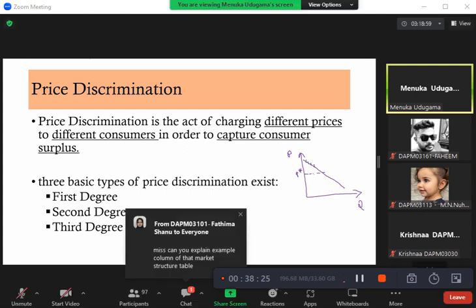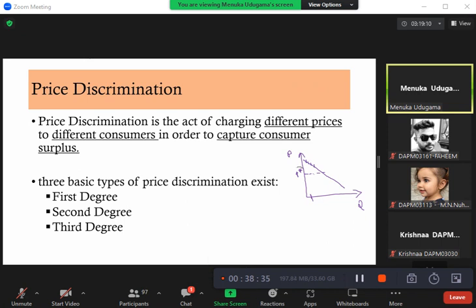The demand function shows us how much people are willing to pay for each quantity. So for this quantity, people are willing to pay this much, right? But the market price is actually this amount. People are willing to pay, let's say, 100 rupees, but the market price would be 50, right? So you can see people are willing to pay more for this product, but people actually pay less, right? In the market. So then, price discrimination,